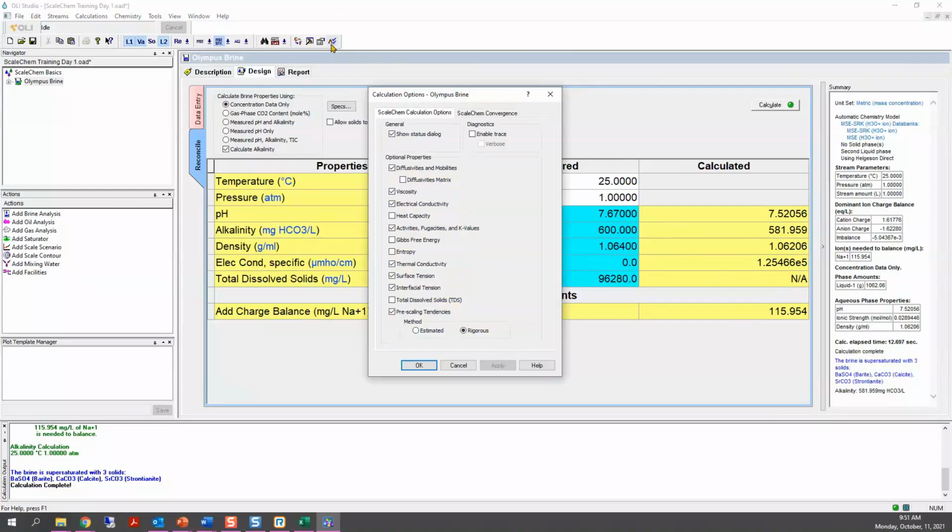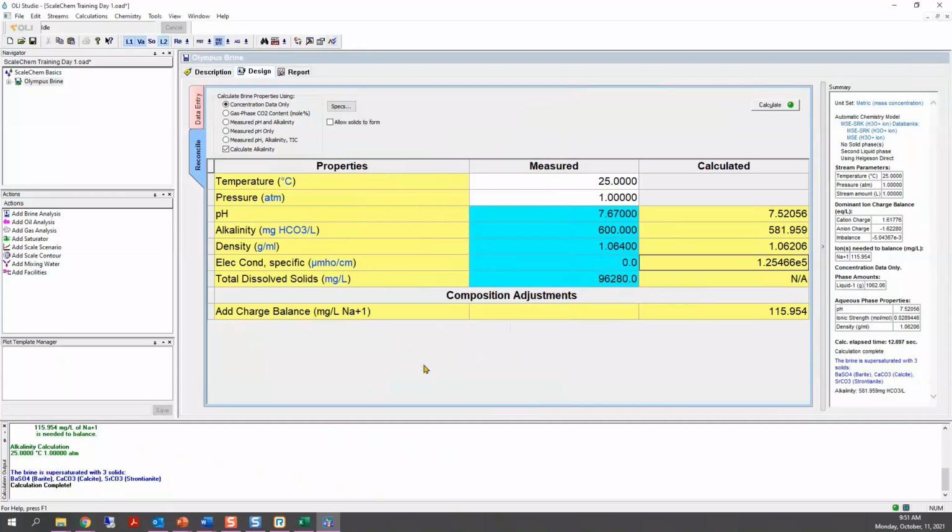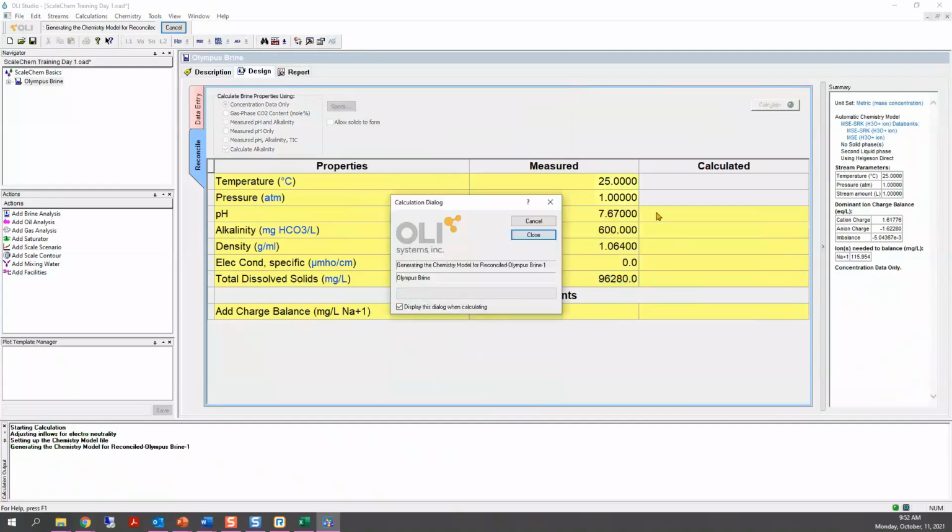The heat capacity, for example, is not enabled, but we can calculate it. Gibbs free energy, entropy, and you'll see down here the total dissolved solids was not enabled. So we click on that total dissolved solids and then click OK. Because we enabled it after this calculation was done, we need to recalculate to see that TDS value. So if you just please go ahead and calculate, that will give us the TDS value.